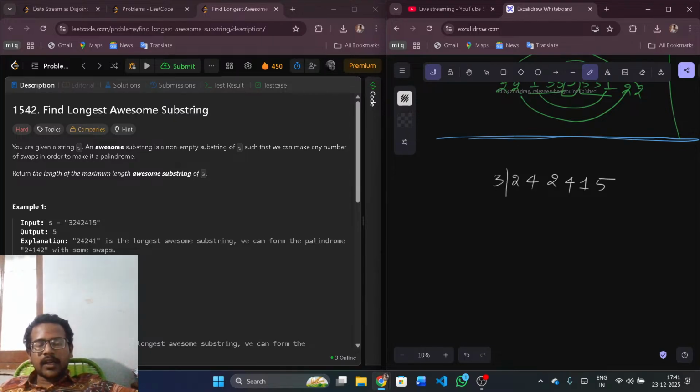Ending at here, I can make a palindrome of length 1. Ending at here, I cannot make more. Even then, I can make only a palindrome of length 1. Here, even then, I can make a palindrome of length 1. But here, if you see,